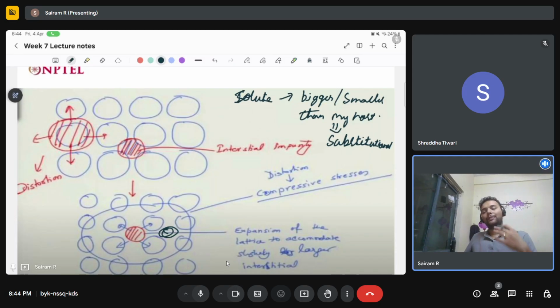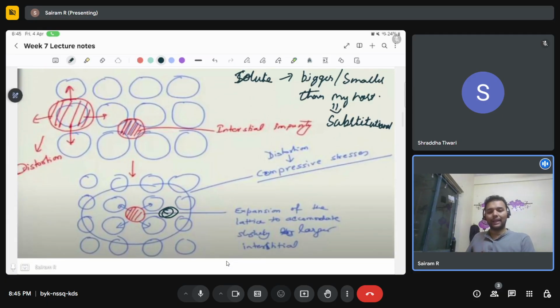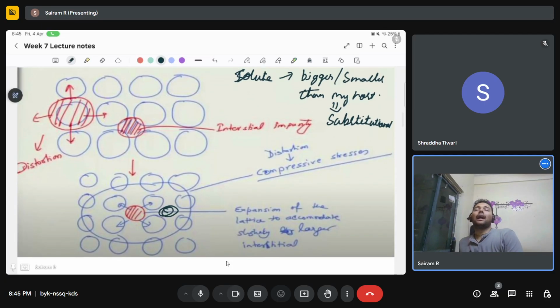So even if my interstitial site has an atom of a very similar size to that of my host material, it is going to strain the local lattice, because of which I am going to observe some straining, some compressive stresses. There is going to be distortion in my local lattice because of the substitutional or interstitial impurity or solute atoms. And when a dislocation tries to move through these distorted or lattice-strained systems, I would have to